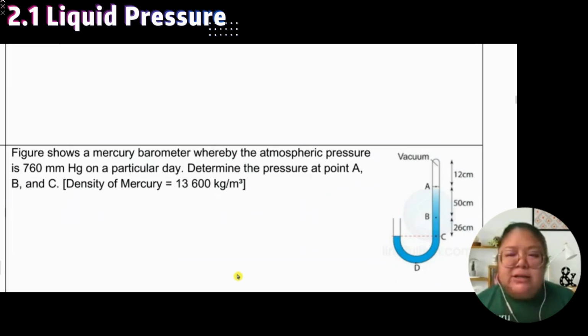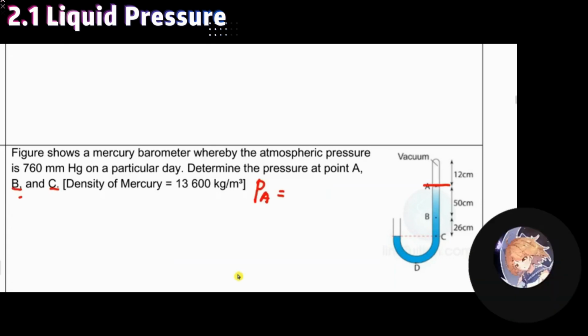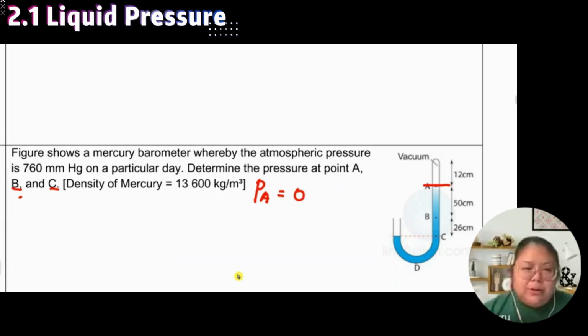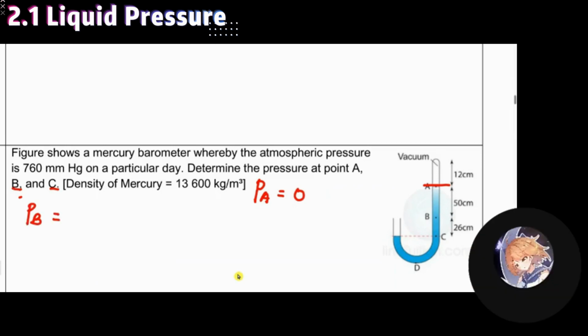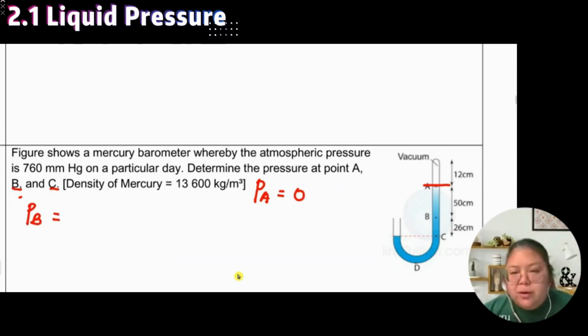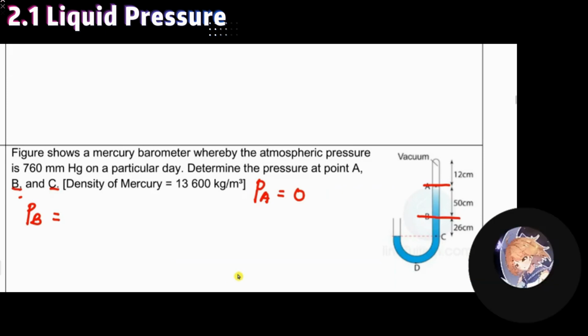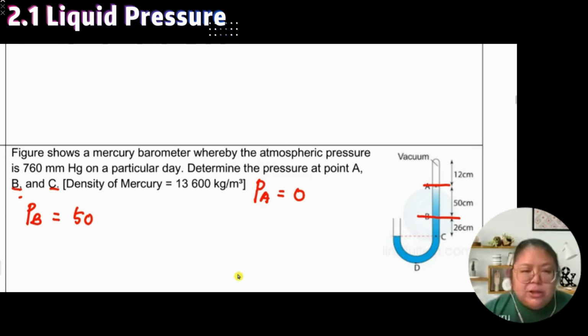You observe the manometer. Observe carefully. Determine the pressure at point A. Zero, right? Yes, zero, because above is vacuum, so there is no pressure. Okay, B. Calculate, 0.5. For B we just look above, so it must be 50. Then you multiply by 0.81. And the question never mentioned what they want,